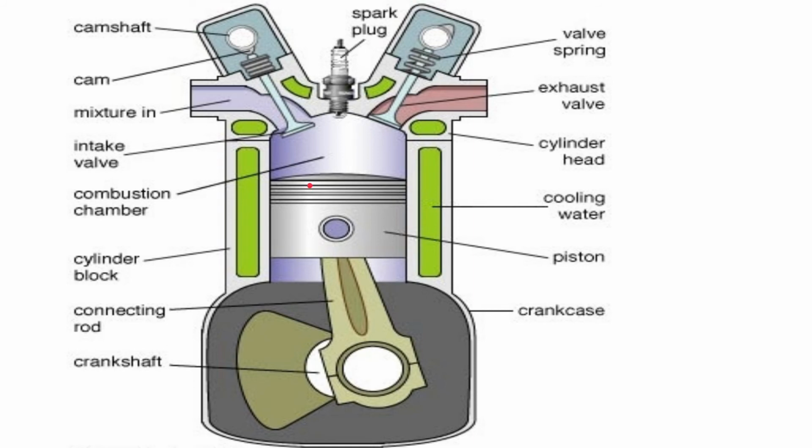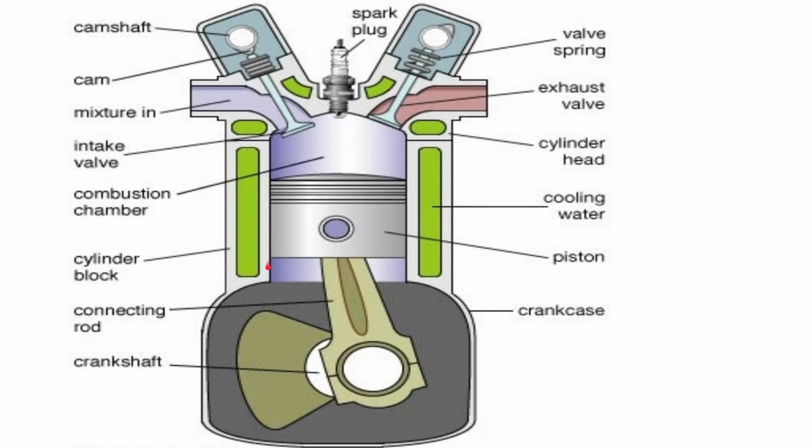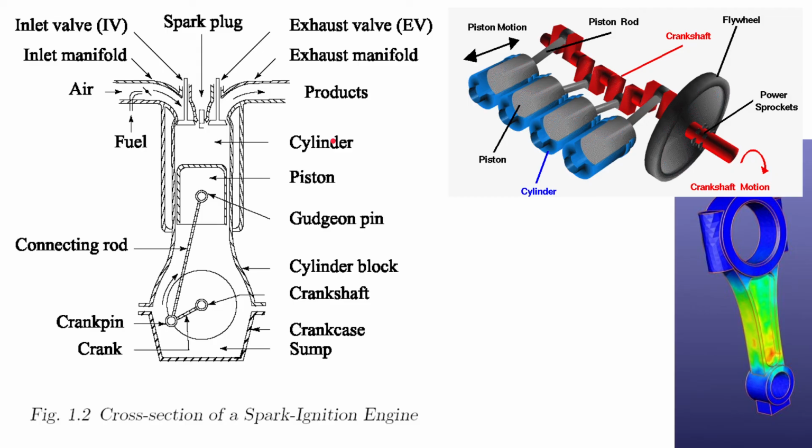So it will not let the compressed air leak. When the piston comes to the top position, when there is air fuel mixture in there, the pressure rises, and the piston rings will not let the pressure leak. The air fuel mixture cannot come out from the combustion chamber. And there is a third ring, at the bottom position, called the oil ring. Since we have oil here, the oil ring will not let the oil, which is the lubricating component, go into the combustion chamber and mix with the air fuel mixture.